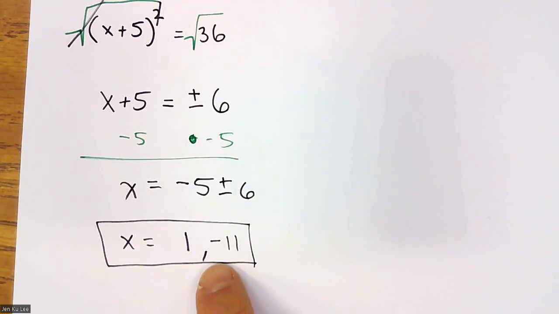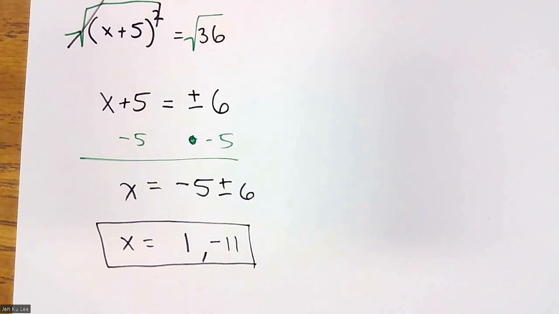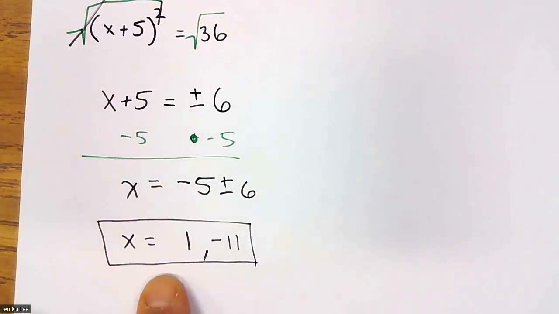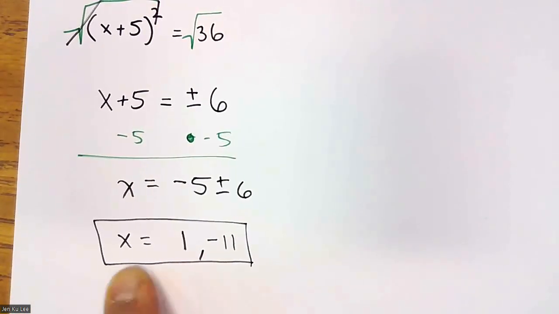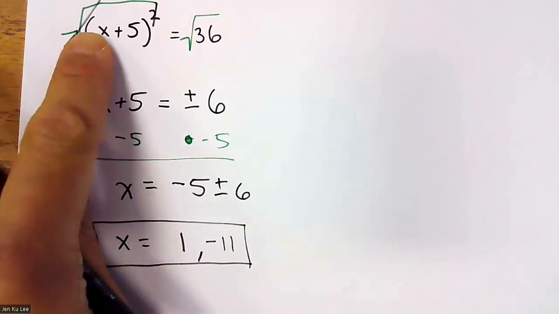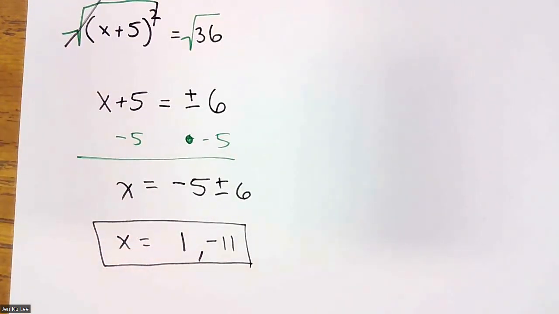What do these represent in this quadratic? So my question is, if I solve for x and I get 1 and -11,